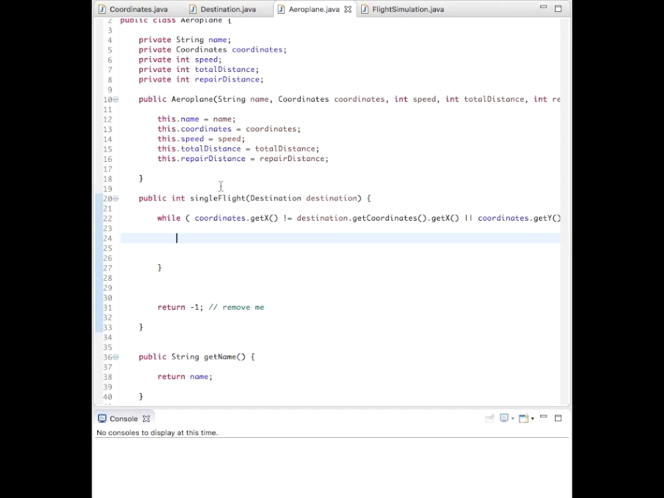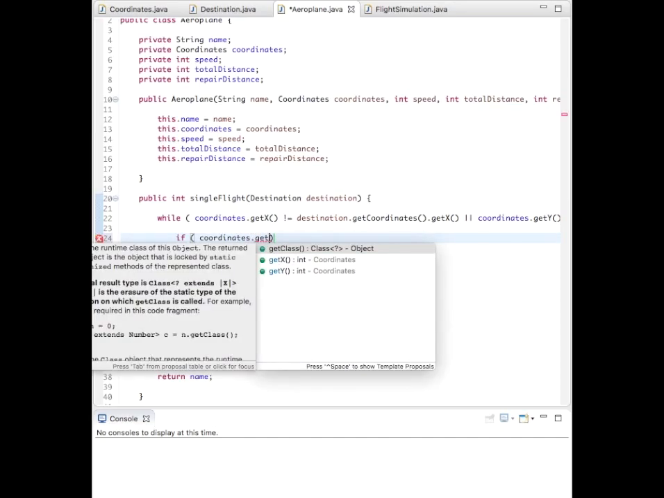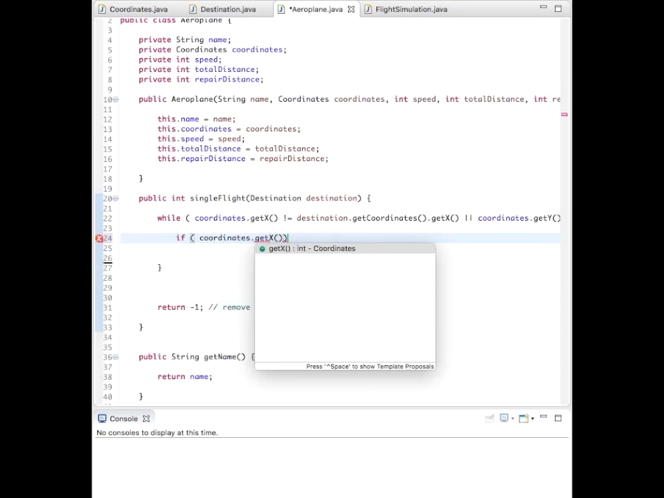If it's the case that we want to move the plane right, then move the plane right. Okay, so remember the first, so let's try this. If the position of the plane is lower than the destination, then we want to move the plane right, don't we? Okay, so start off, so we say if coordinates.getX, where the plane is now,